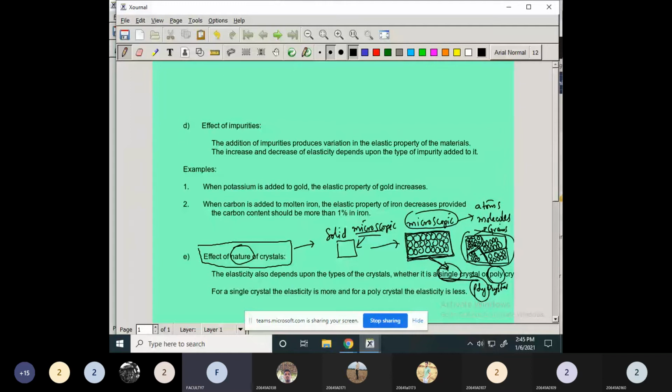Now what about a polycrystal here? They have small regions. These small regions will have a similar orientation. But when compared, let us consider here grain 1 and grain 2. The orientation here is different from that of the second grain. Those crystals are known as polycrystals. So this is going to result in a change of the elastic property. Okay, now what else? Let us see here.